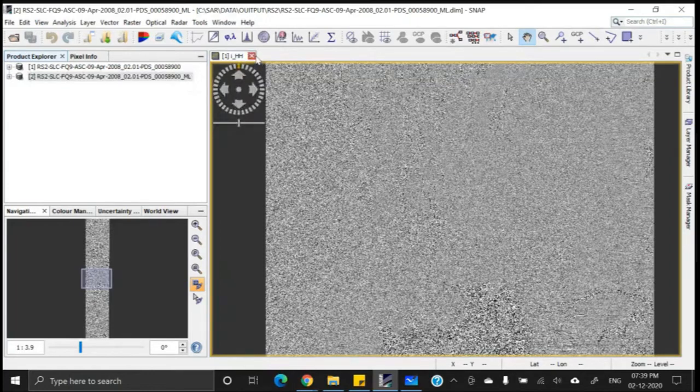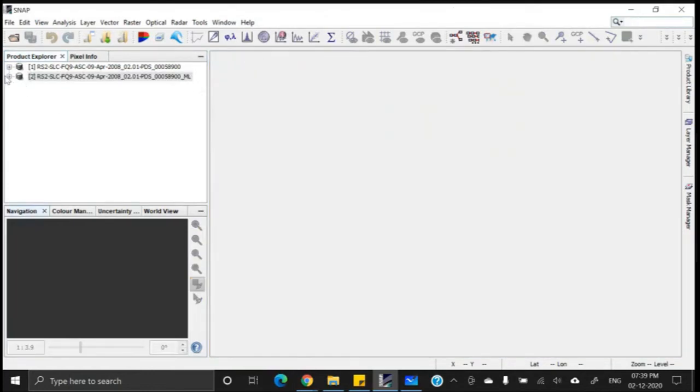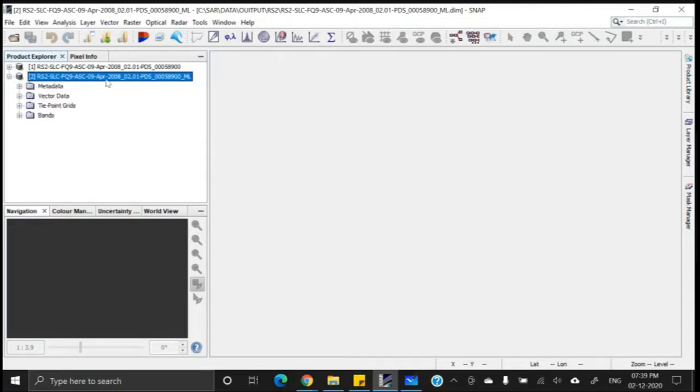Okay. Now let me show you. See, this is a unique feature in SNAP, that for each and every new product, all the information, metadata, vector data, tie-point grids, bands, everything will be assigned in the new file. That means if somehow you delete or lose the original file, you don't have to worry, because in the processed data you have all the original information.